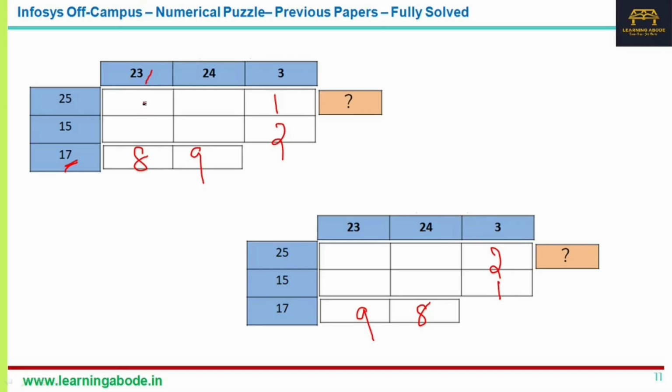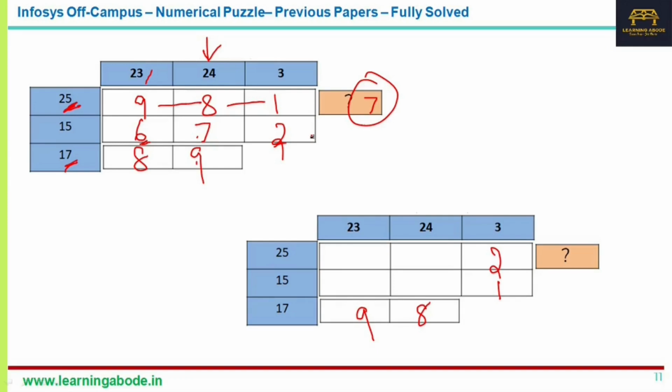Now this 15 can be 9 and 6. Why I'm putting the bigger number above is because here it is 25, here it is only 6. So you have 6 and 2, so this must be 7. So 6 plus 7 is 13, 13 plus 2 is 15. So if you take this column, 9 plus 7 is 16, 16 plus 8 is 24. So you have 9 plus 8 is 17, 17 plus 1 is 18. So the remaining, this must be 7.